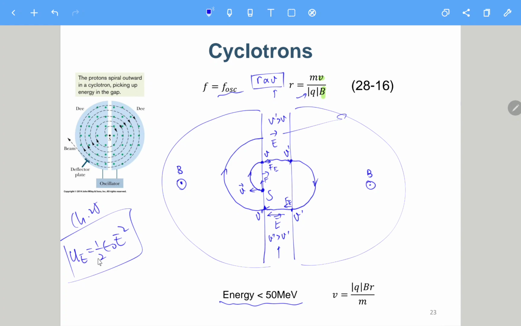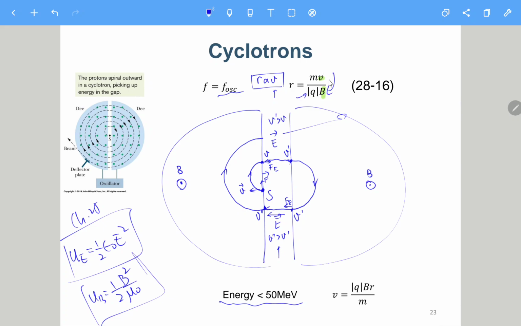You need to spend energy to generate the E field. Similarly, for the B field, the energy density UB will be 1/2 mu naught times B squared, something like that. Which means that if you need to generate a B field for this region and this region, you need to spend a lot of energy. So as much as the region is large, we cannot provide a large B field there. And if the B field is not large,